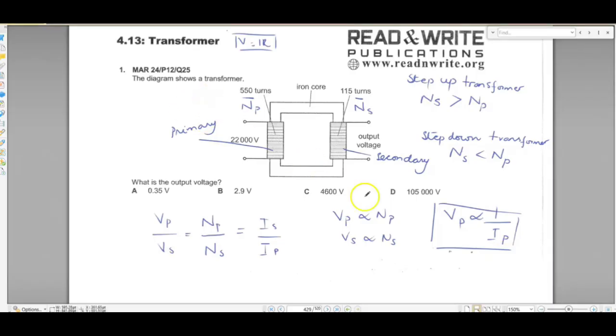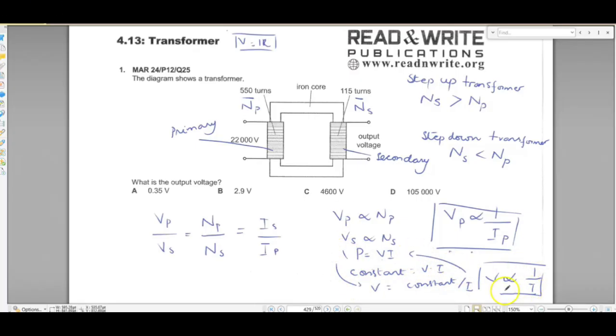we can track a formula backwards. We know that power is equal to VI. Okay? And if we track this downwards, we know that a constant is equal to VI, and V is equal to constant over I. So that's how we reach that V is inversely proportional to current. Okay? We start from here and then we reach this. And sometimes we move backwards as well. So if we move backwards, we can know that V is inversely proportional to the current in this case. Okay? In the case of a transformer.